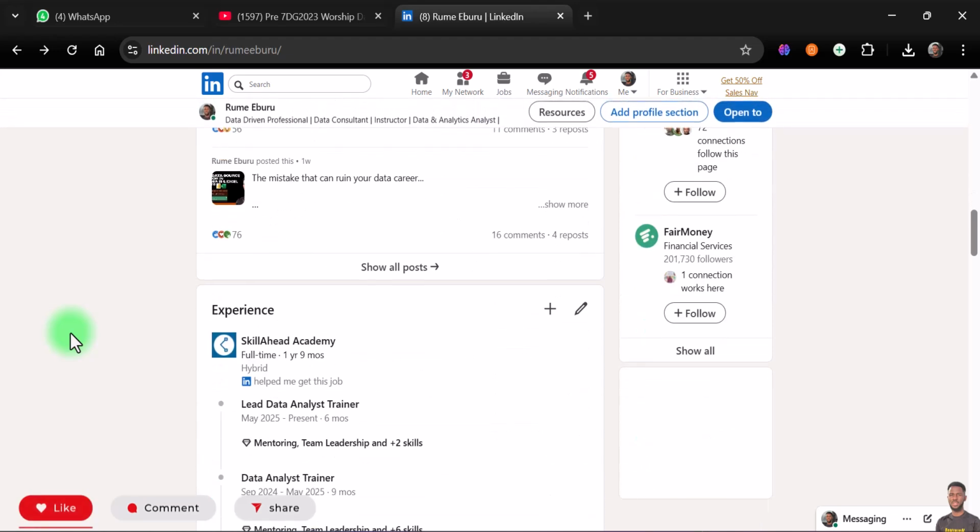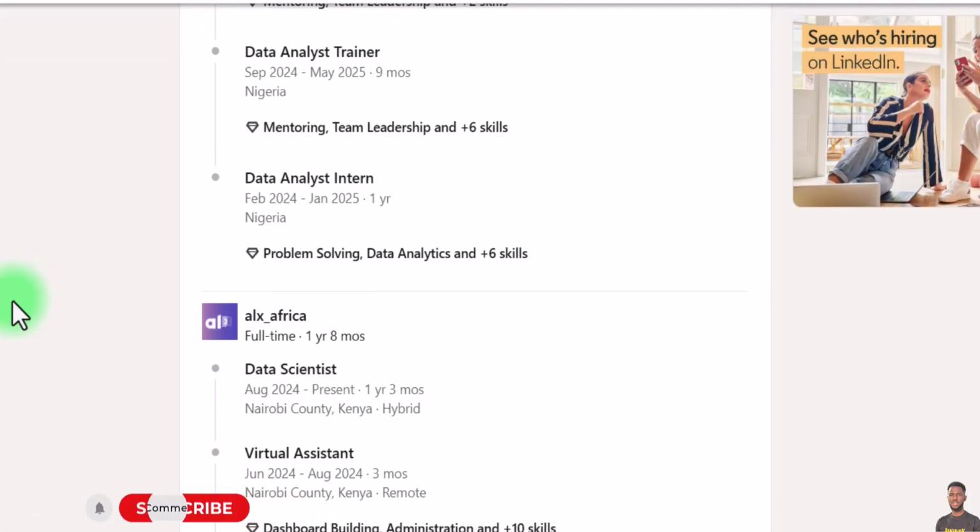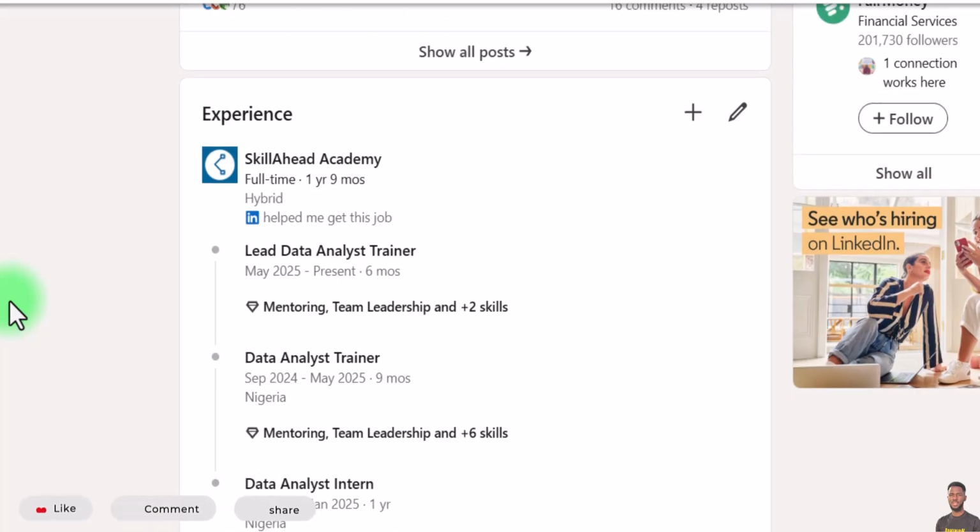So once you're done doing that, then the next thing you want to do is to set up your experience section. This experience section is very, very important from the very first job you have done. So some persons usually say post experience based on your line of work, which I totally agree on. It all depends on your personal role, but if your LinkedIn is for data analytics,